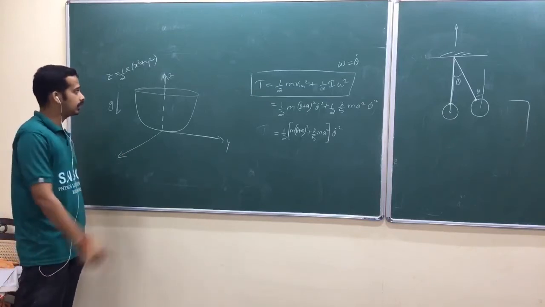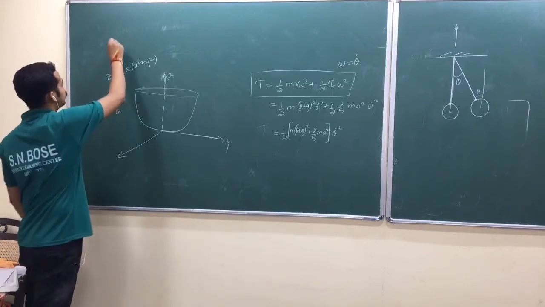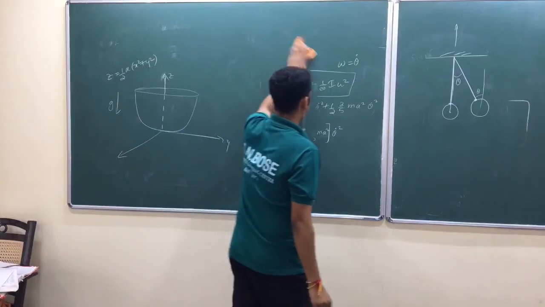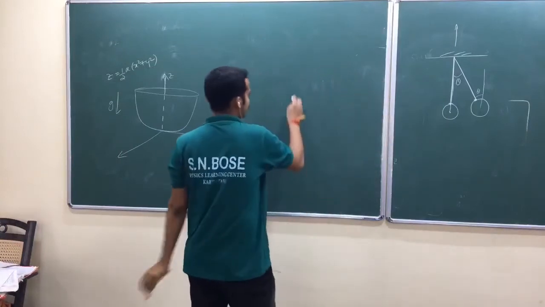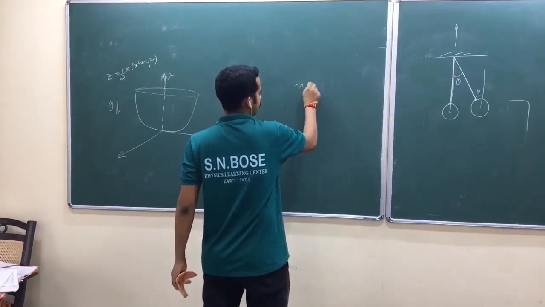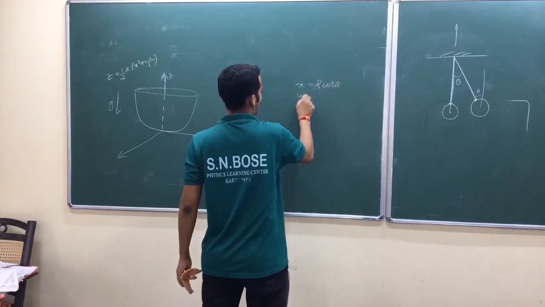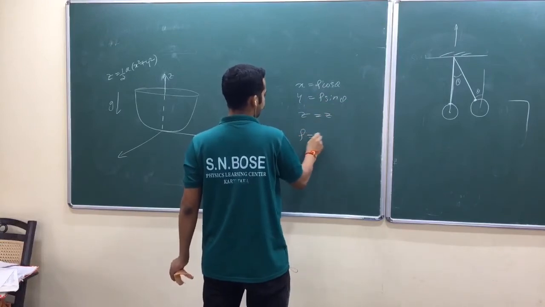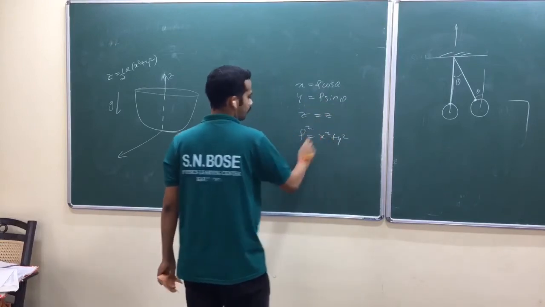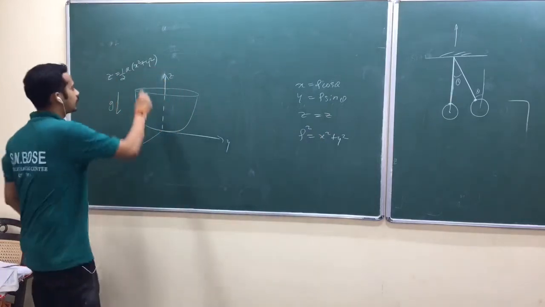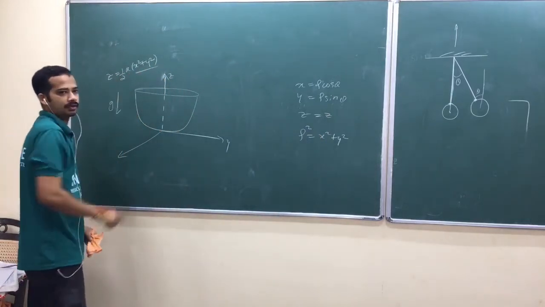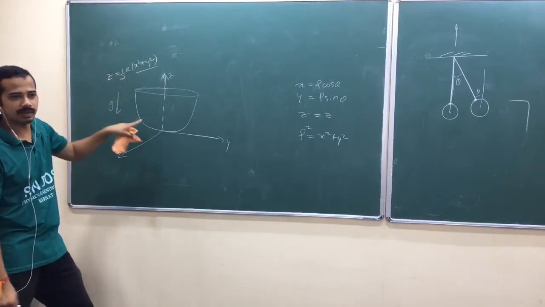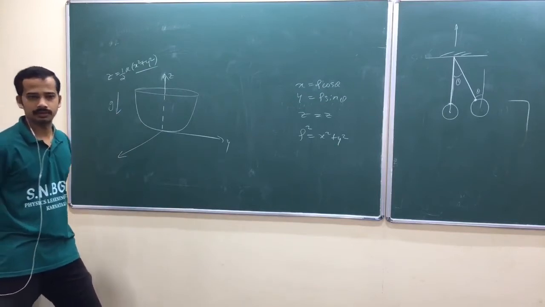But when you go for cylindrical coordinates, what is actually x square? I think I haven't done that cylindrical coordinate completely. I gave it as homework. Have you done that one? x equal to rho cos theta, y equal to rho sin theta, z is equal to z. Now what is rho? Now look at here, you have x square plus y square related to z. That means rho square related to z. Rho is related to z. That can happen only in cylindrical coordinates. Are you getting my point?